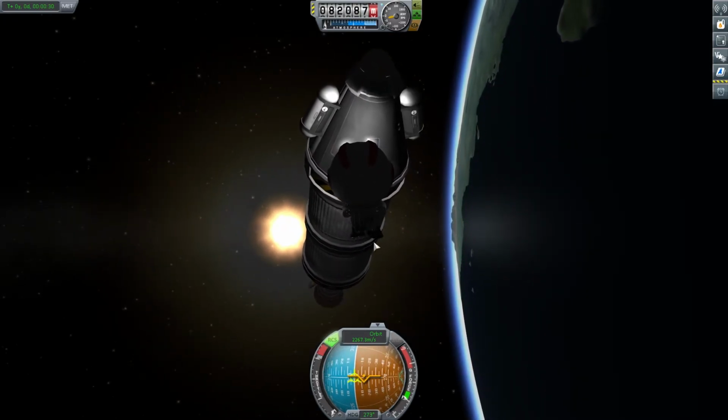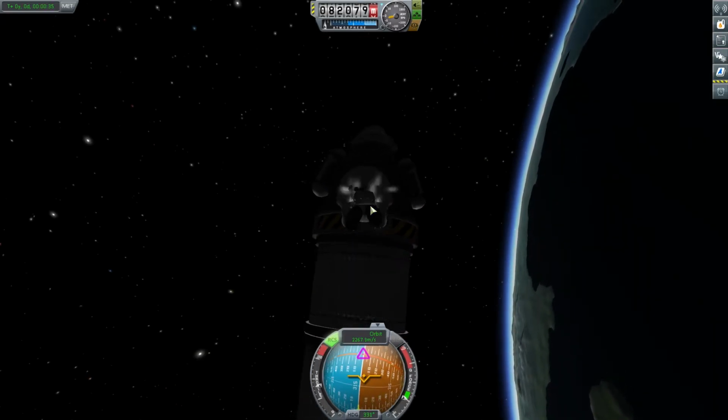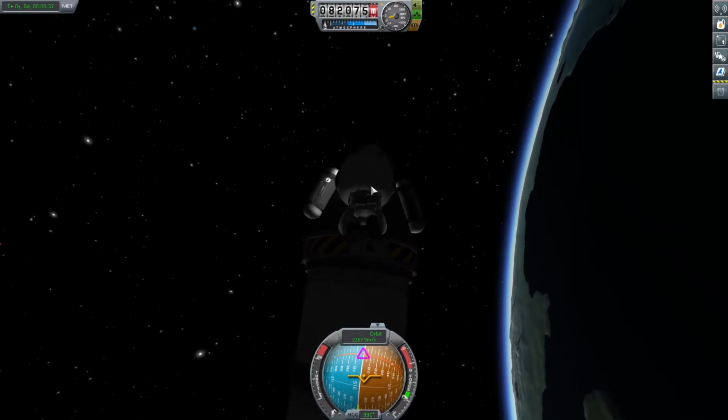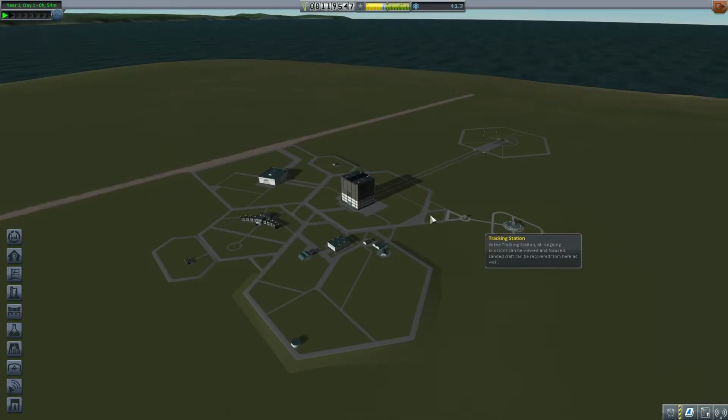Come on, Jebby. It's a little fiddly, but there we go. We are able to grab on. We're able to board. Let's get to the space center. We have got Jebediah in a stable orbit right now, above 70k meters. We might have to send up a rescue mission, but